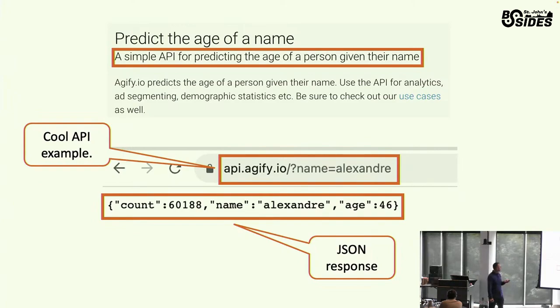And if you look at it, it predicts that my name, Alexandre, has 46 years old. I will be 46 in 3 months from now. So they're pretty good, right? So you can go and Google your own or look for your own name as well, see if it's true or not. But whatever, could that be applicable to any of your threat detection?